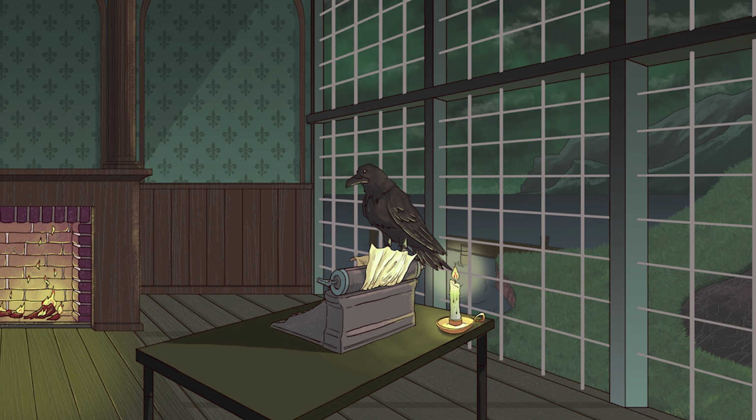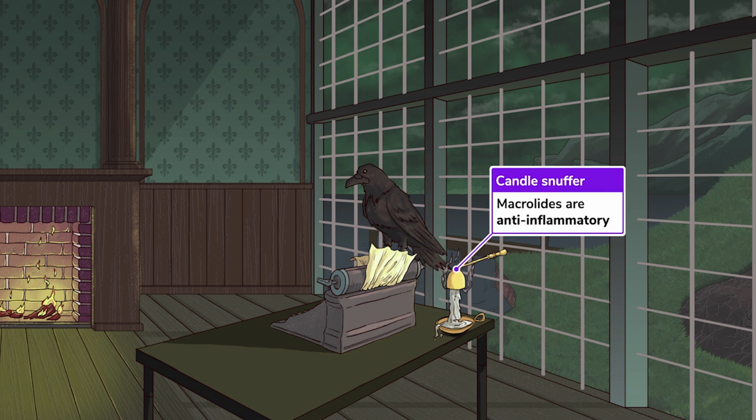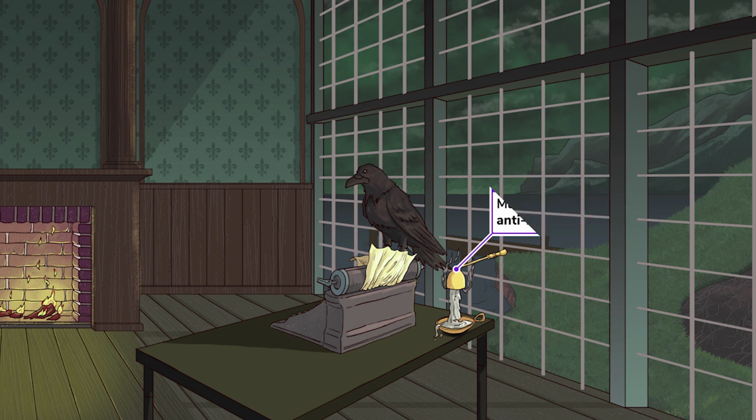Besides their antimicrobial action, there are a couple of other neat things you should know about macrolides. First, macrolides have strong anti-inflammatory activity in the lungs. Just like this snuffer extinguishes this candle, macrolides can be used to extinguish inflammatory flare-ups or infections in patients with chronic lung diseases like COPD, cystic fibrosis, and bronchiectasis. No one really knows how exactly macrolides modulate the immune system, but this property definitely makes them a useful drug